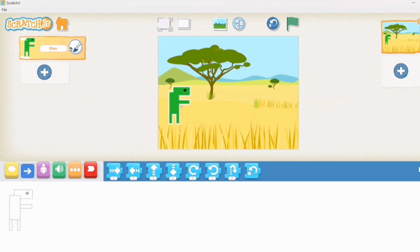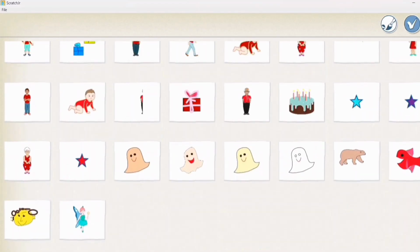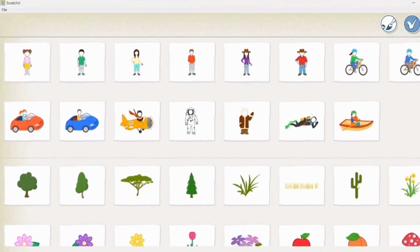So we have our dinosaur ready, and now what do we want? We want a cactus. So when we click on this plus character, you will see a lot of characters here. These are all drawn by me and my daughter. Let's see if there is a cactus here. Okay, here I see we have a cactus,